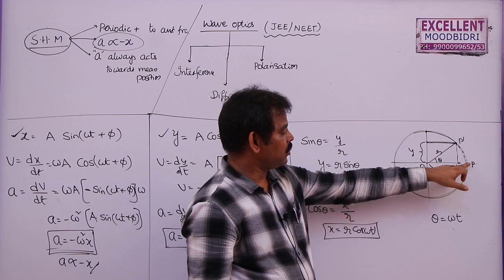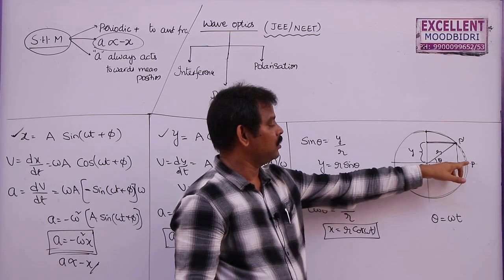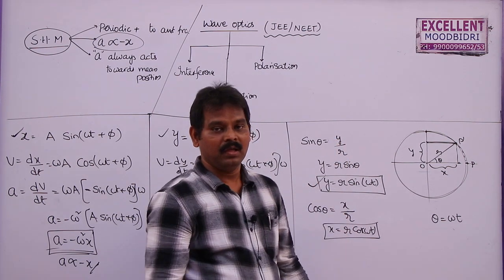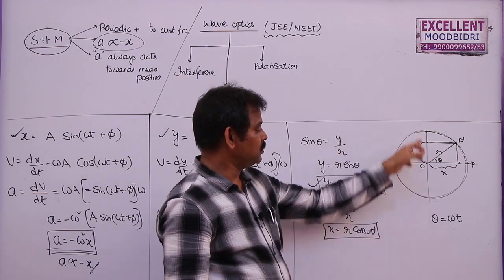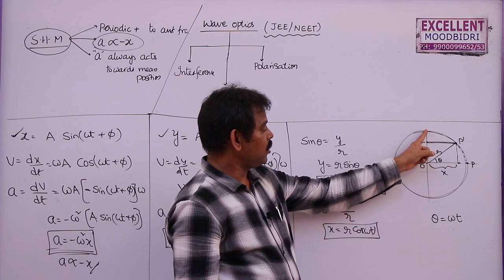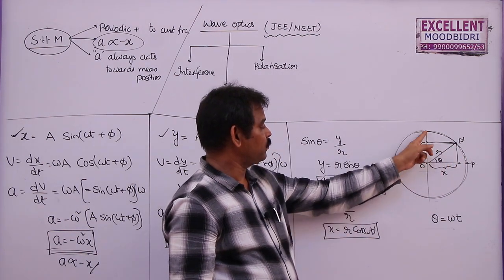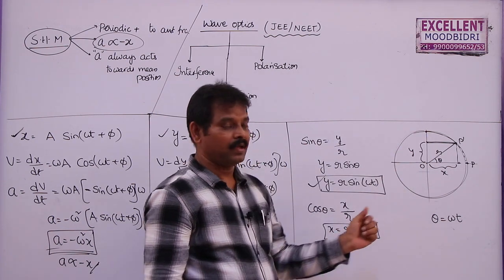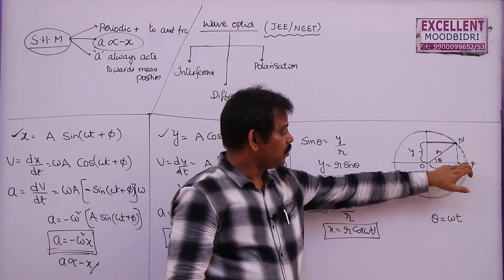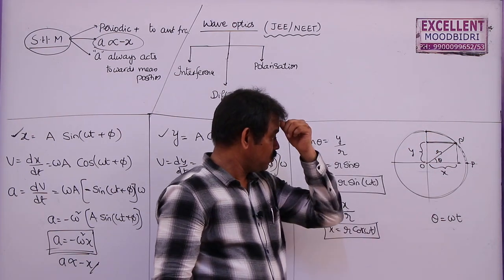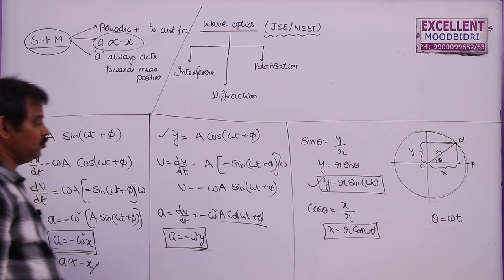Here, if the motion is starting from this point to this point, moving in the anti-clockwise direction, we have to use this formula to find the displacement of the simple harmonic oscillator. If the particle is starting from this point and moving in the clockwise direction, or anti-clockwise direction from here to here, then you have to use this formula because it is a decreasing function. From here to here, y is increasing. From here to here, y will decrease. So these are the two equations.